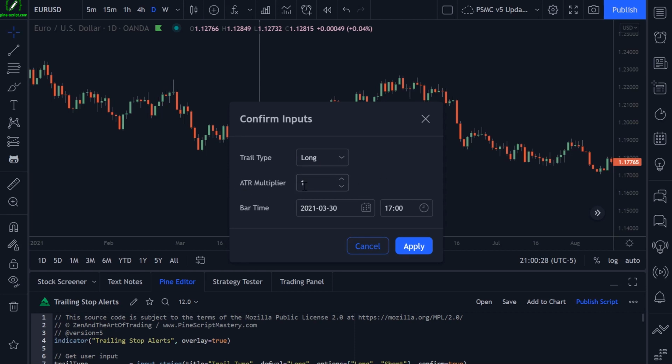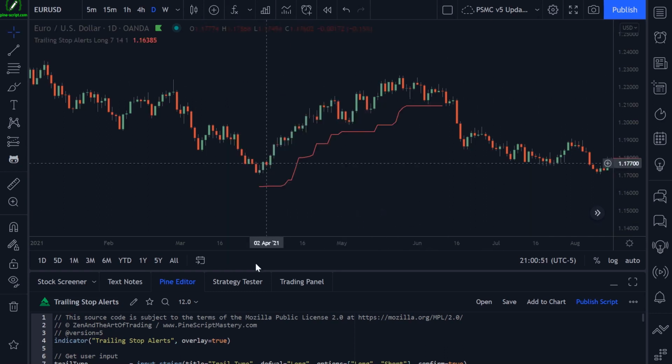So this is the distance above or below swing highs and swing lows multiplied by the current ATR value. By default, it's just 1 ATR, but you could change this to be tighter if you wanted to, or further away. For now, I'll leave it as 1. And our bar time setting here is just set to the bar that we clicked on. So now when I click apply, we have a trailing stop drawing onto our chart,